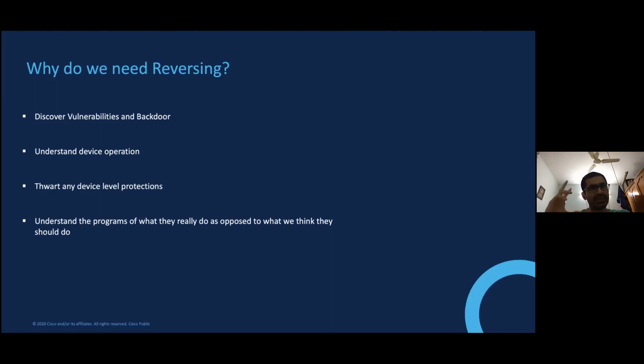Because you need to, even if the tools would give you 20-30% of what is happening, you still need to connect the dots and understand what is happening, right? But then from a business standpoint, or maybe from a career perspective, why do you need reversing? I mean, why is there a boom for people to have reversing specialists to understand what is